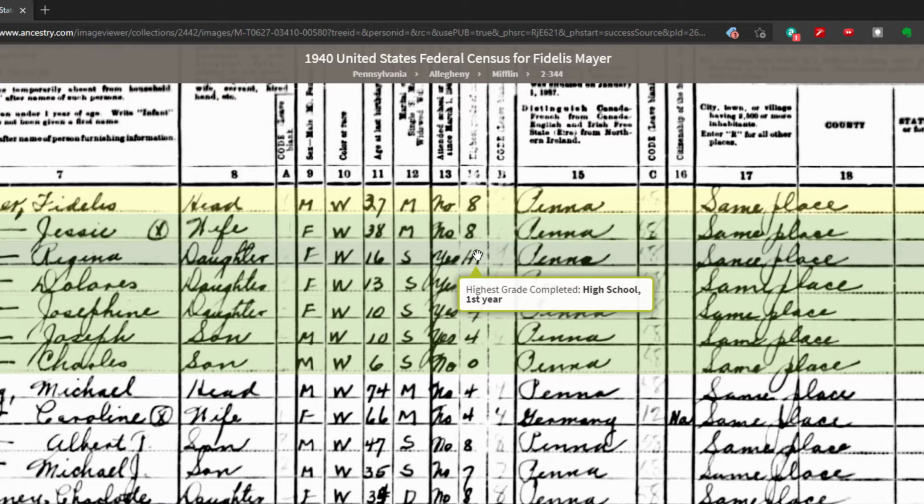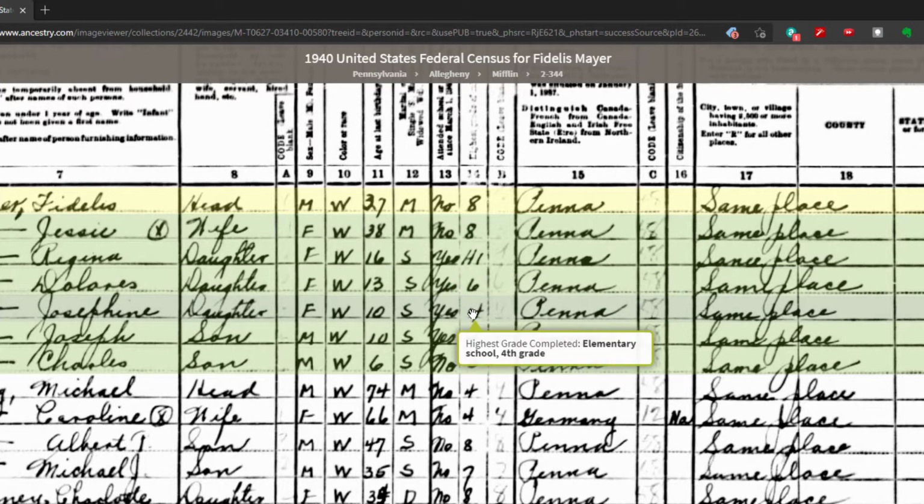Here, Regina, the first year of high school. She's 16 years old. The highest grade she's completed so far is the first year of high school, so she's probably in the second year. Just like Dolores, the highest grade she's completed is 6th grade, so she's probably in 7th grade now. Josephine, 4th grade. And Joseph, 4th grade, which